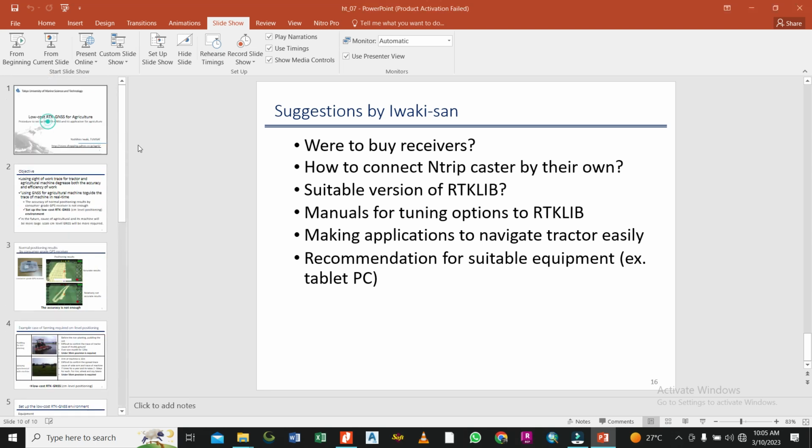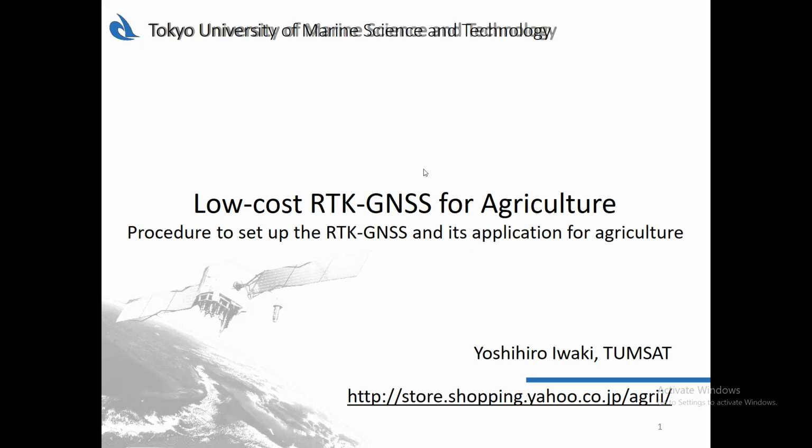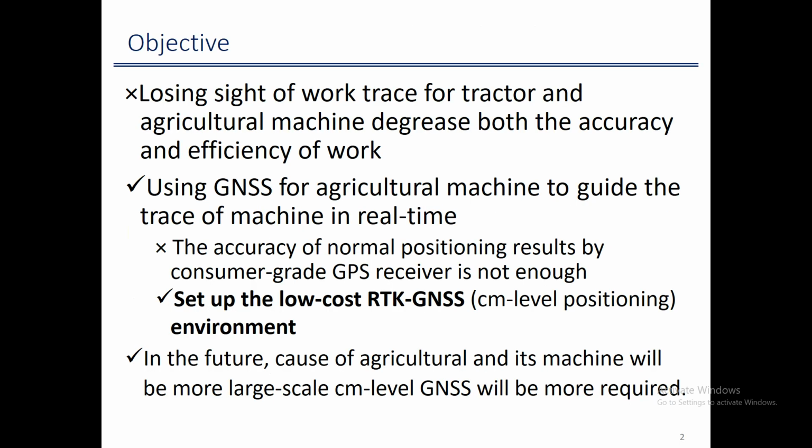About low-cost RTK GNSS for agriculture, the procedure to set up the RTK GNSS and its application for agriculture. So we go right in, and the outcomes we shall be looking at are the operations and the operability of the GNSS, that is, to achieve a certain